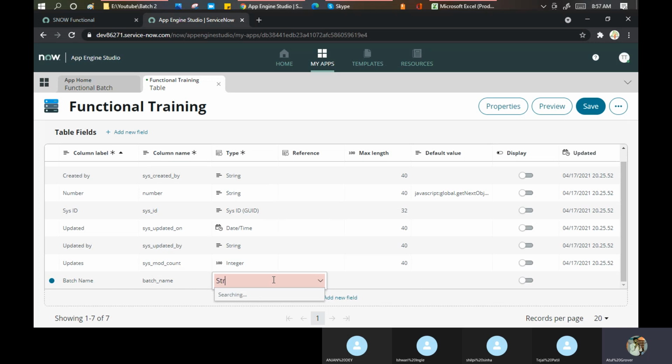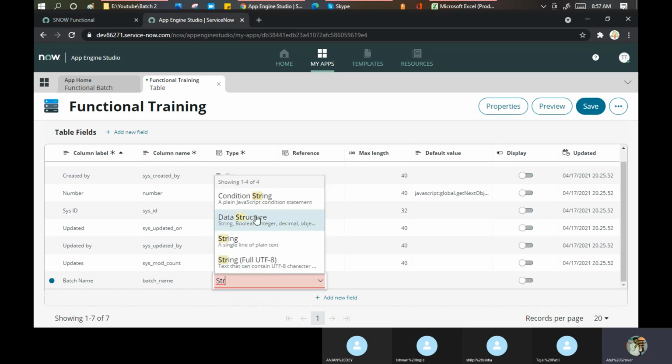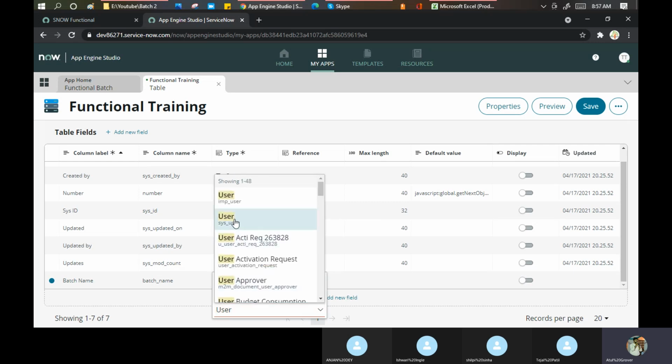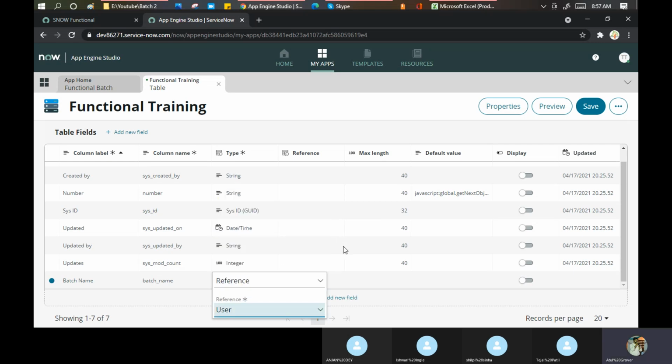It may be string. I say it should be string. If you say it's a reference, let me put it as a reference. Which table do you want to make it a reference to? I say it should be a reference of the user table, sys user table.